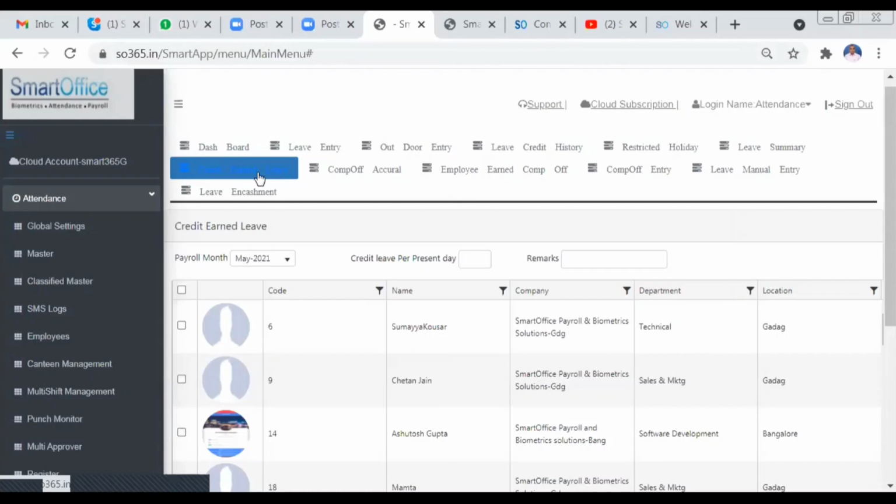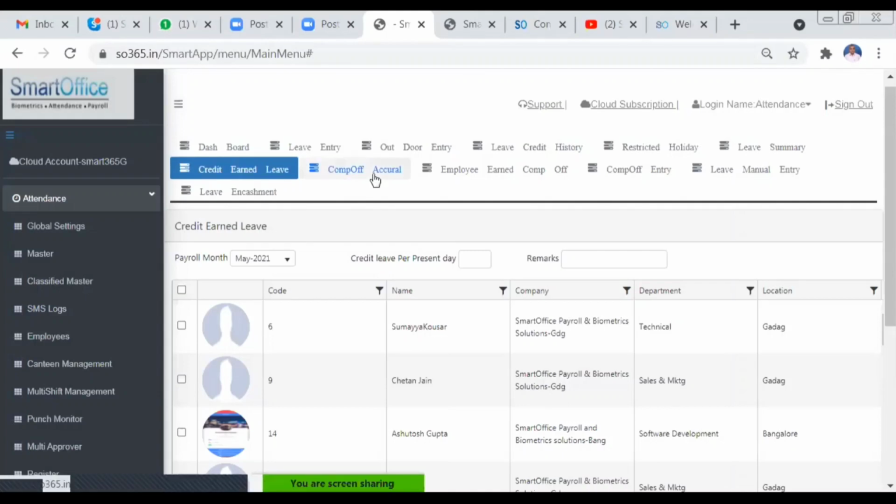But I will give an idea: earned leaves will be credited based upon the number of present days, I can call it present days, not paid days. So leaves will be credited based on the employee's present days. You can credit your employees' earned leave from this option. In detail, this option is going to be explained in the leave management option.